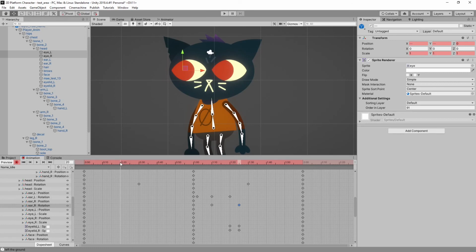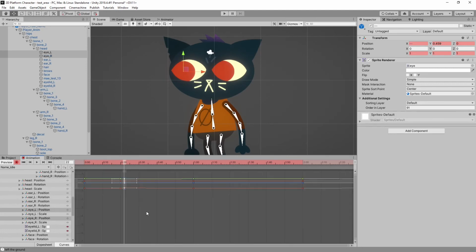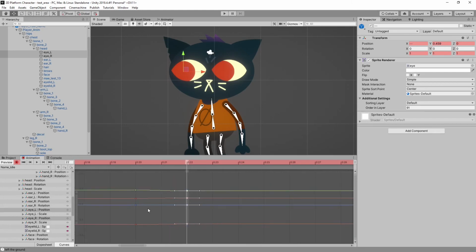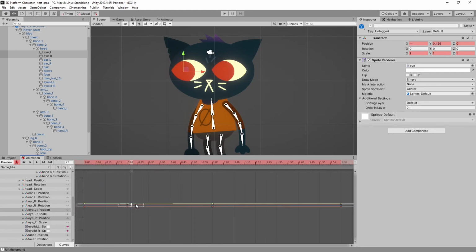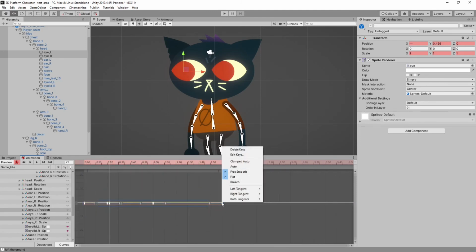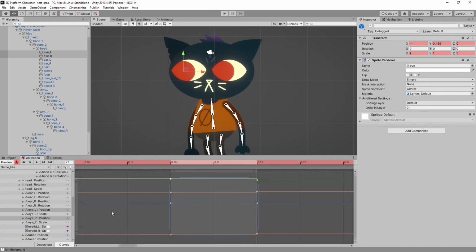So at this point, I'm going to key the position without it having changed. So that's maintained right up until that position. And then 2 frames later, I'm going to have them take on a new position, slightly different. And I'll copy. In fact, what I should probably just do is stepped tangents for this, rather than doing double keyframes all the time. So I'm going to show the whole curve for the eyes, grab everything, and then right-click and just do both tangents constant. So what this will do, if I zoom back in here,